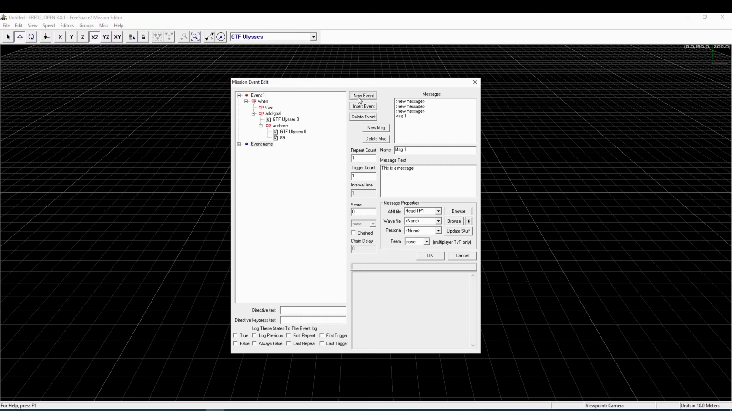As a kind of visual indicator that an event is associated with a directive, the blue dot of the event turns red as soon as there is a directive for this event. For all events, but for directive events in particular, there's one crucial concept that you have to understand, and that